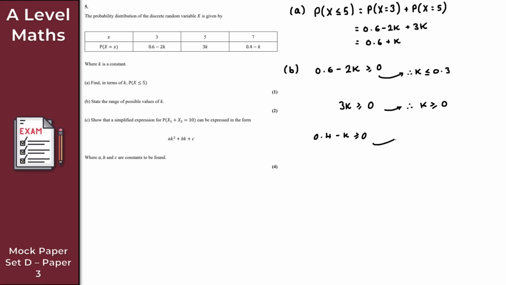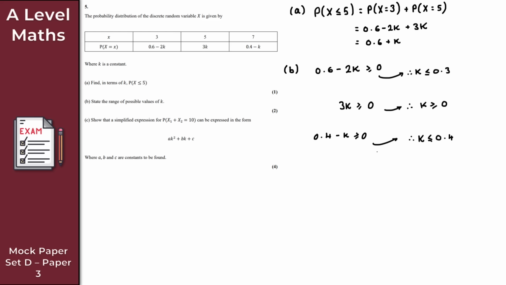And then finally for the very last inequality, 0.4 minus k is greater than or equal to 0. Pretty similar to the first one. 0.4 must be greater than or equal to k. In that case, what we're saying is that k is less than or equal to 0.4. Now, once we've got each solution to the individual inequalities,